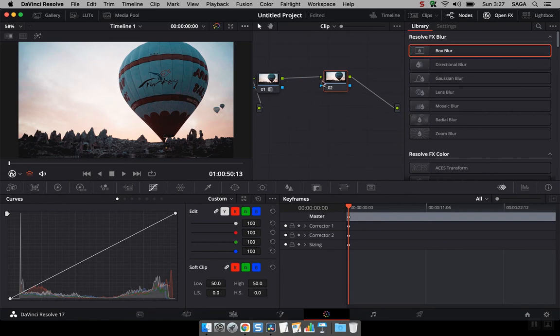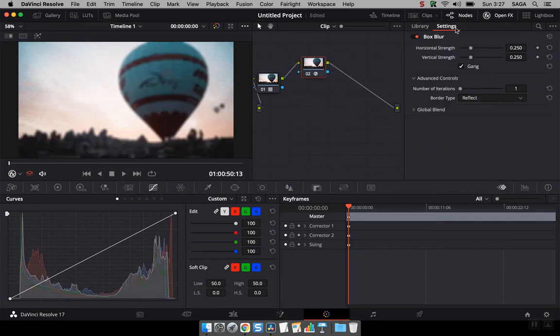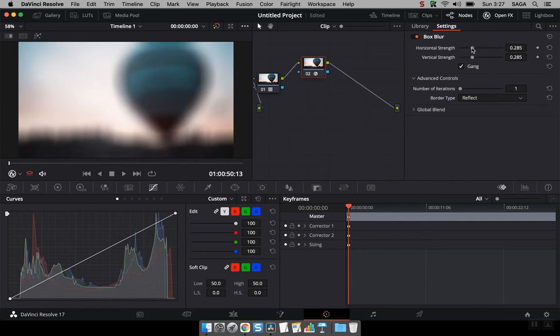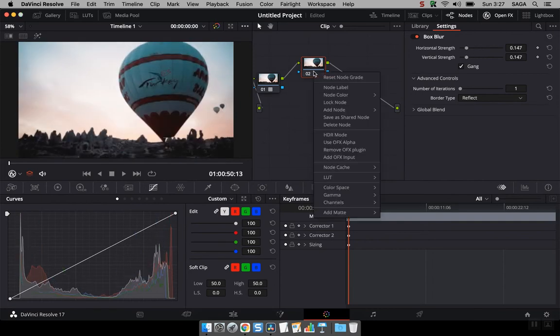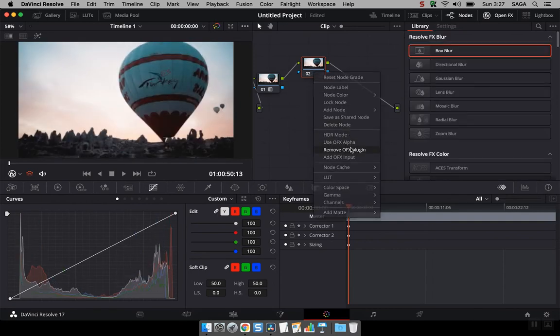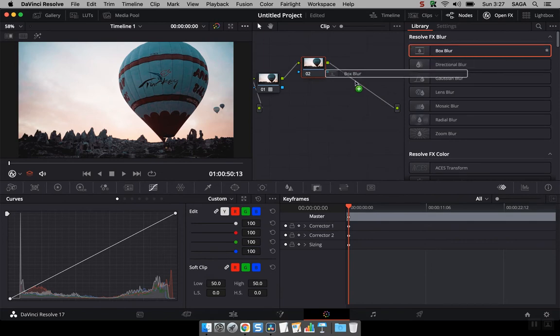But over here, if you drag it like this, it does affect the entire clip. You could actually change it. If I come here, you have a setting over here that comes in, and you could definitely configure a little bit more. But usually, what you're gonna do is you're just gonna drag it. You could drag it here, just